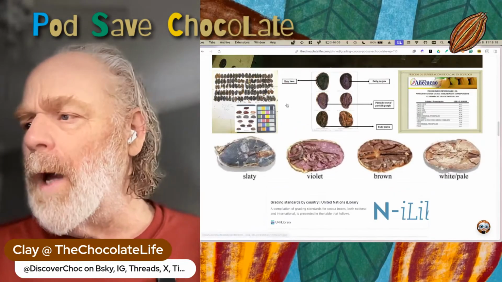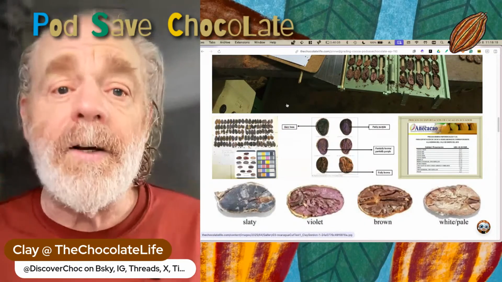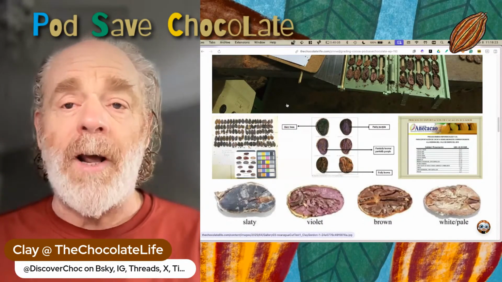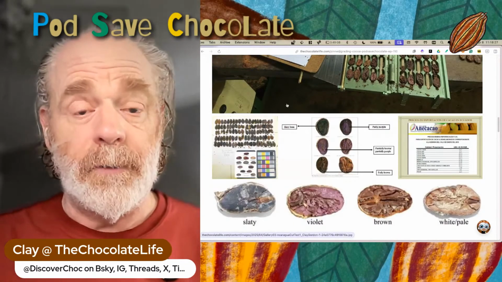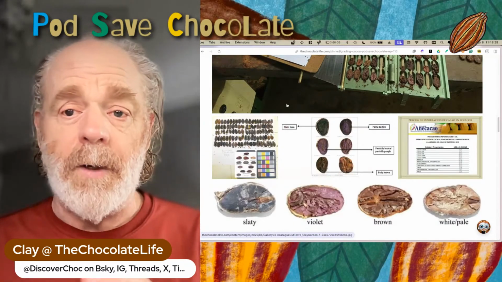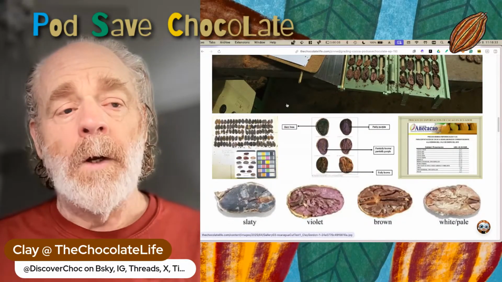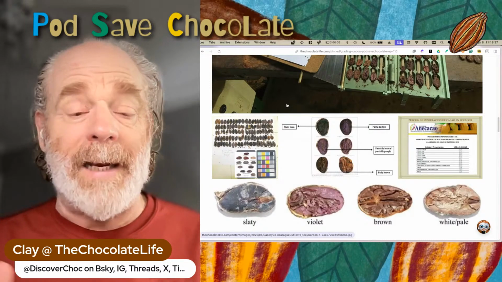So this is what a cut test looks like if you've never done a cut test. And one of the things that I was told when I was starting out, and this is in early 2003 when I made my first visit to a producing country. So this is Ecuador in 2003 with the University of Chocolate, which was organized by Pierrick Chouard, then of Vintage